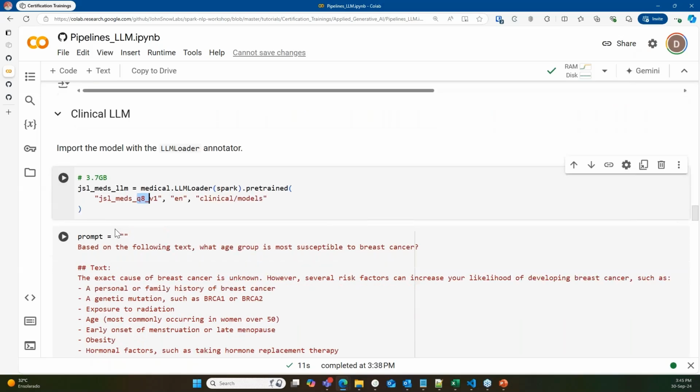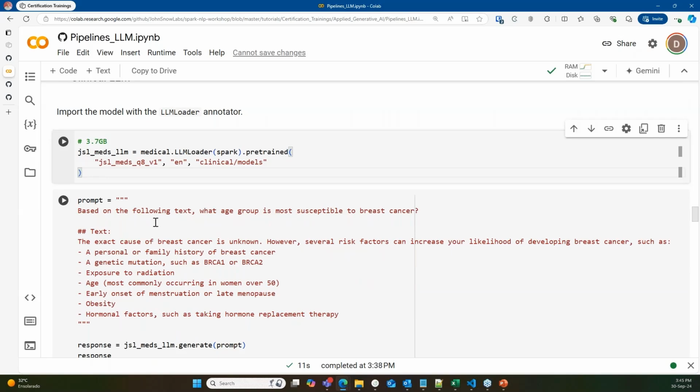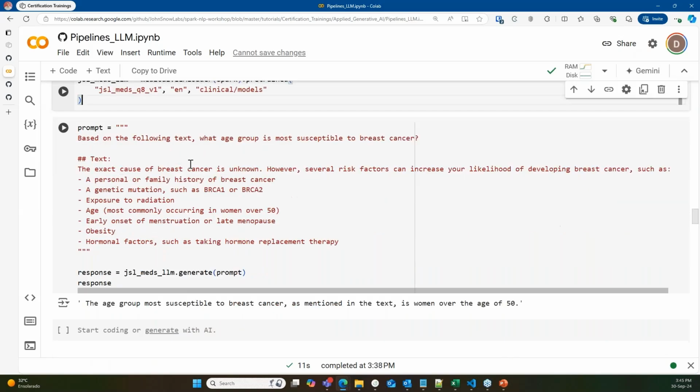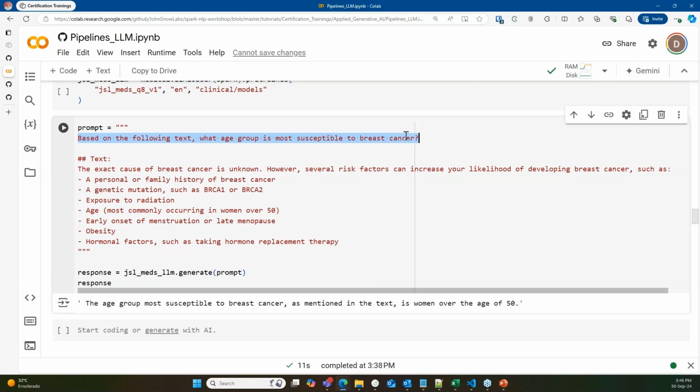And the same way as we do for large language models in other ecosystems, we give a prompt and then we ask for the answer from the model. We're just passing the prompt like this, for example, and then we can just ask the model whatever we asked in the prompt. So here we are giving the model a text, and we are asking what age group